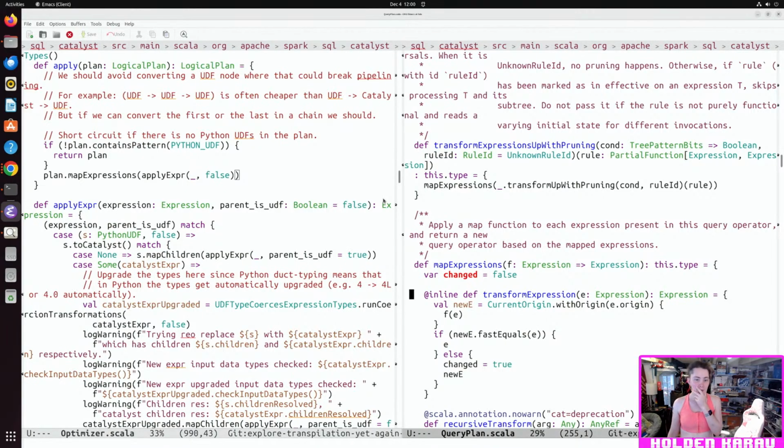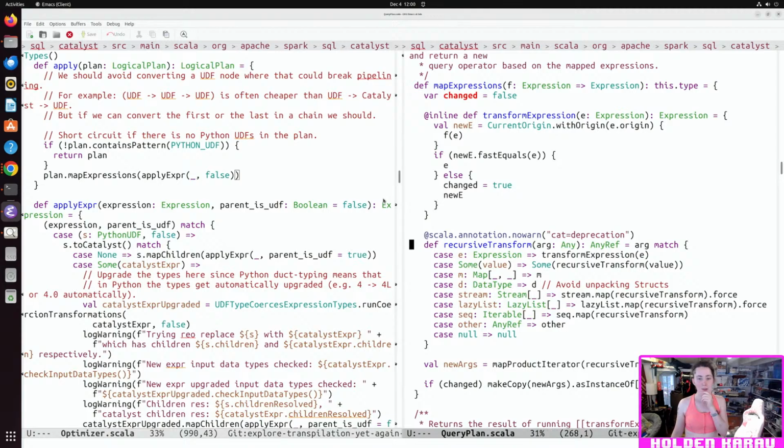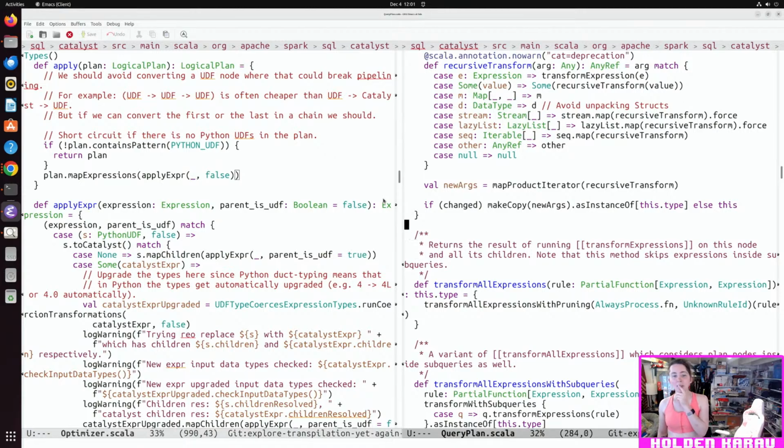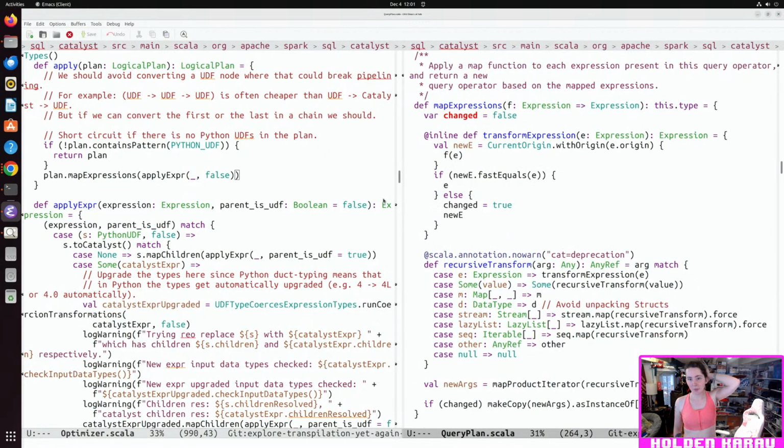So map expression says, yo, what's up? Okay, and then, okay. But this I only want to apply it at this node. Because like the recursive